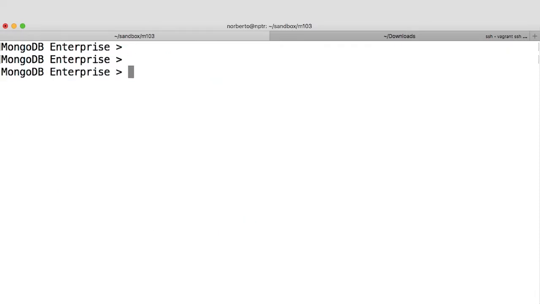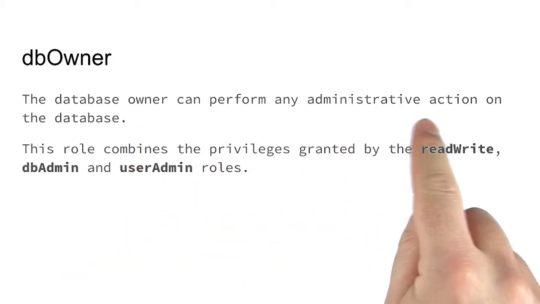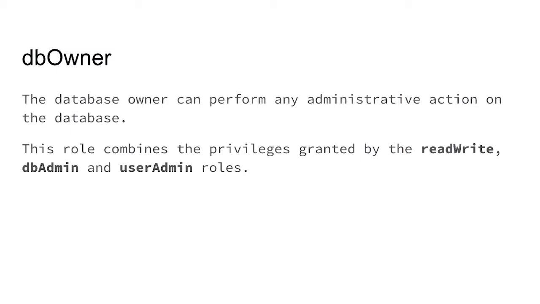Once I do this, the role dbOwner is the database owner, and therefore it can do any administrative action on the database. That also means that this role combines all privileges of readWrite, dbAdmin, and userAdmin roles. That said, any user which is granted dbOwner over a database can actually do pretty much anything he wants. He can readWrite, he can dbAdmin, and he can even userAdmin on that same database. So you can interpret this dbOwner role as a meta role, one that combines several other built-in roles that